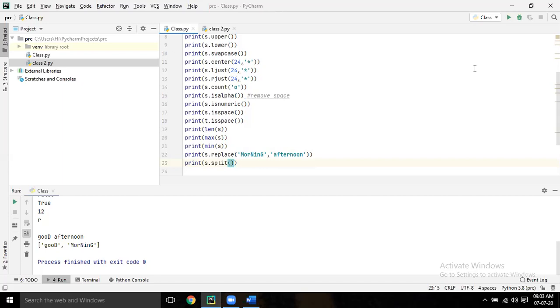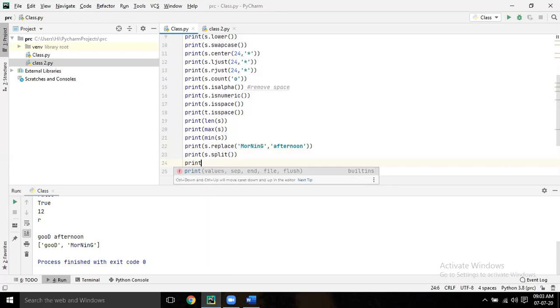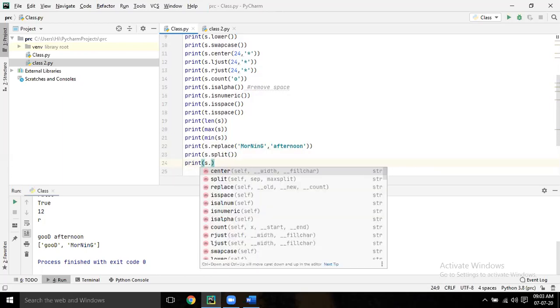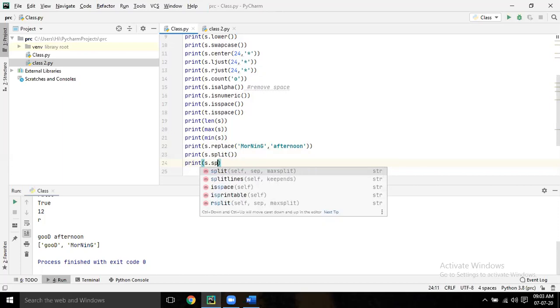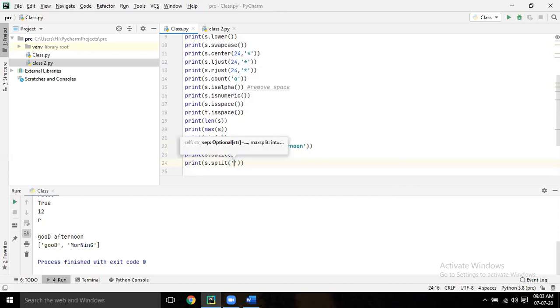Suppose you want to split with some character, then inside the bracket you can give that. Next line, print s dot split within single quotes o.